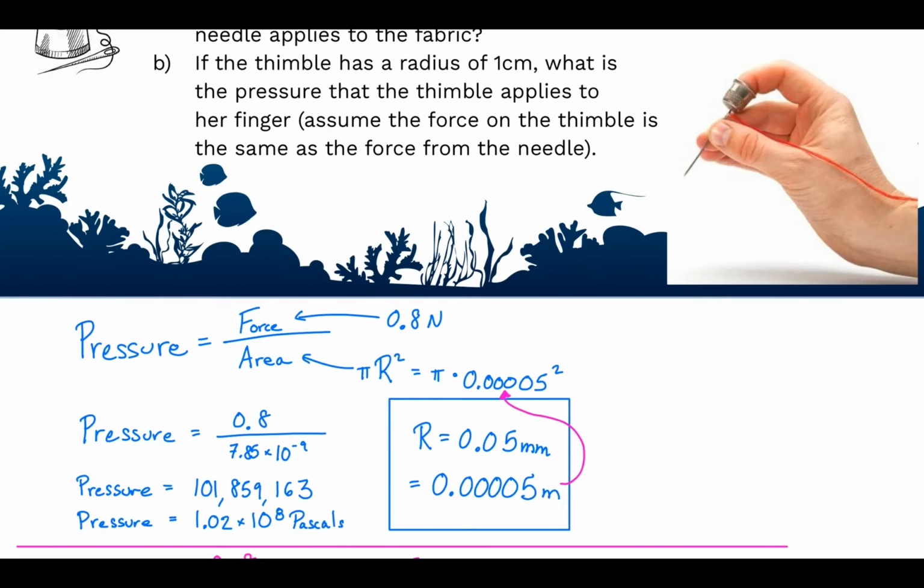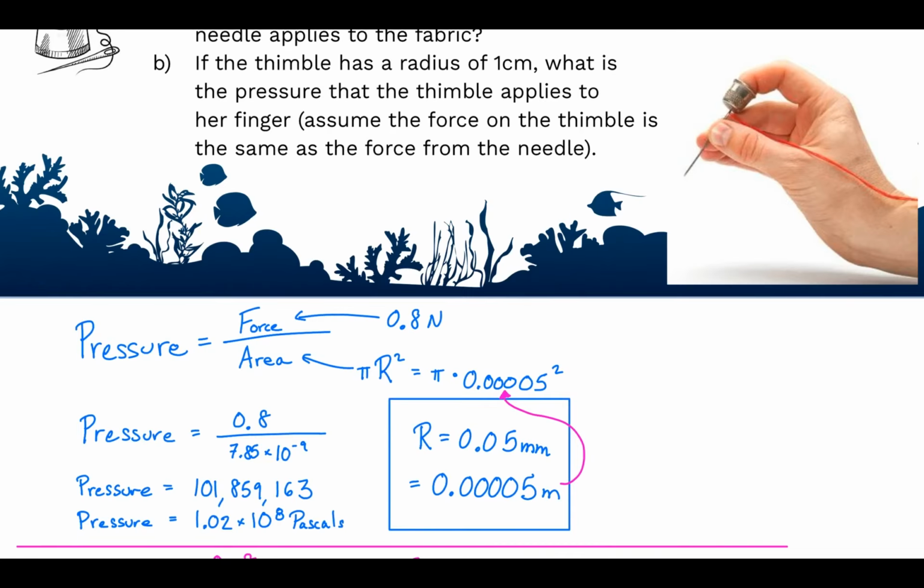I like to use capital R for radius, so it does not look like a V for velocity. And then I went ahead and put that in my calculator. So this is that area, and solve for pressure, which is 101,859,163, depending on the sig figs that you're using for pi, which rounds to 1.02 times 10 to the 8